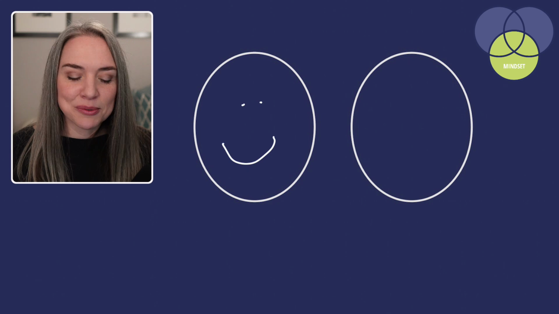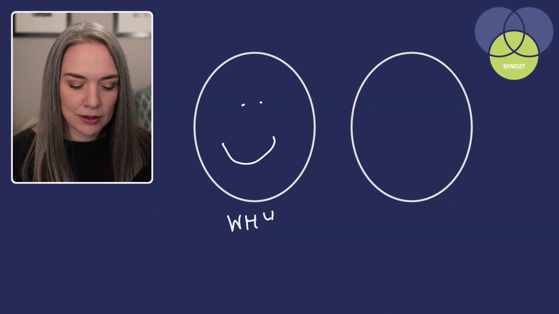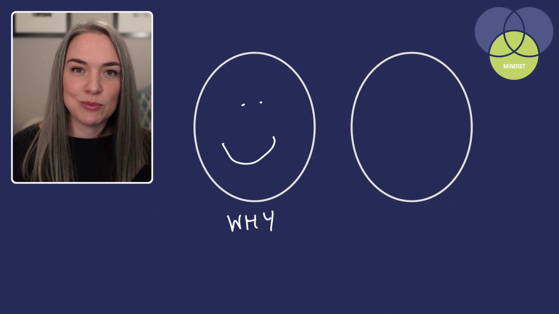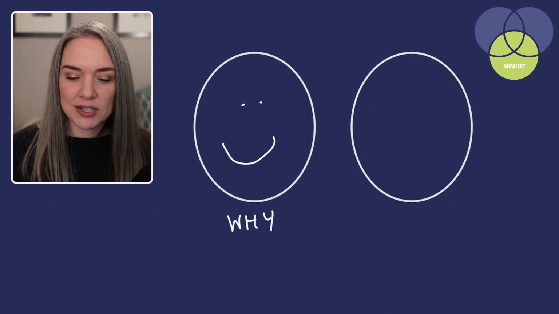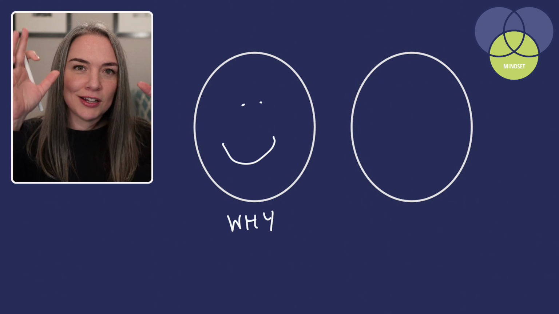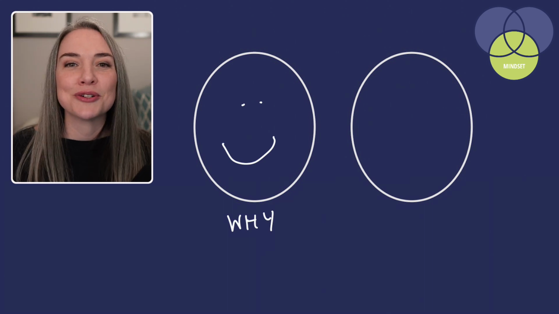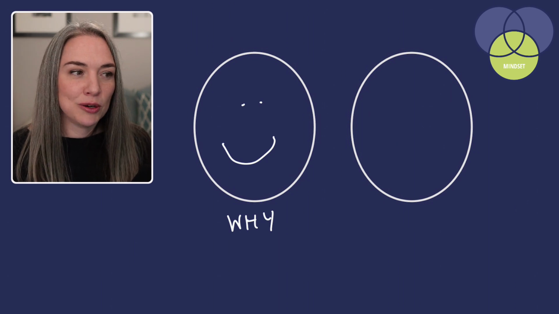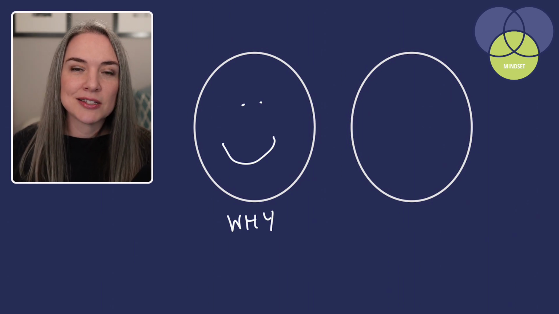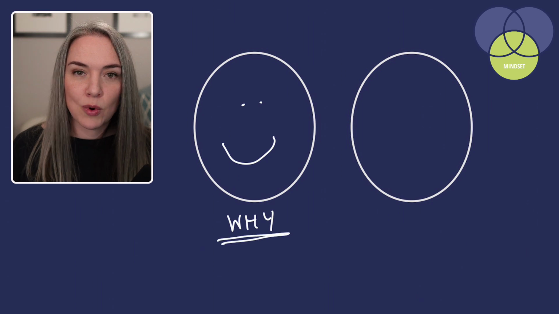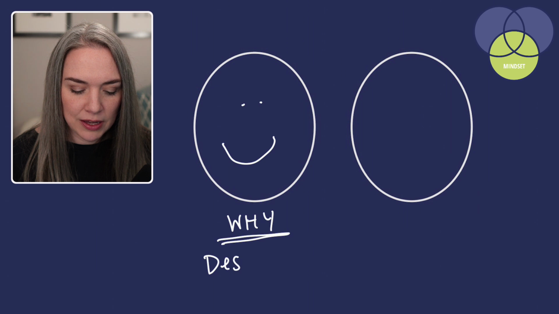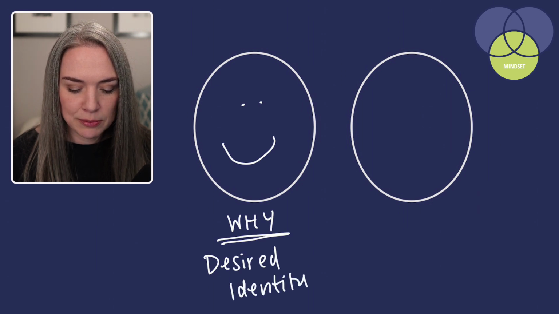This is our why. So when you think about mindset, we want to think about this idea of why. Why do we want to exercise regularly? Why do we want to be strong? Maybe I don't want to have injuries. I want to live a long life. I want to be able to put luggage overhead until I'm in my 80s when I'm on trips. So having a strong why is really important. And a lot of traditional advice for either productivity or goals and habits, it will say you need to have a strong why. And I agree. This is thinking of our future self and thinking about our desired identity. So, who's the person we want to be?